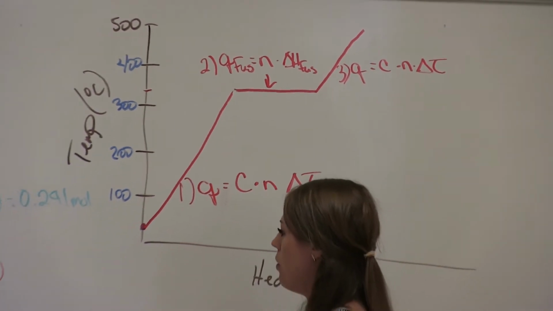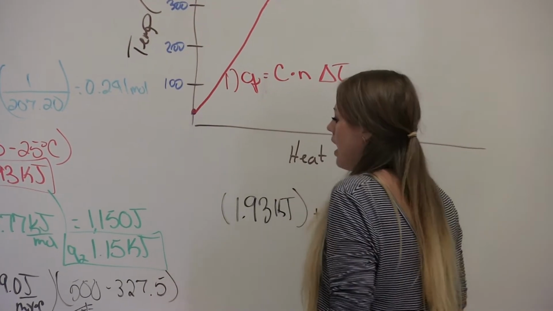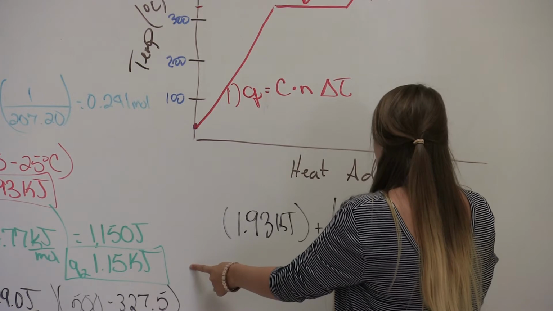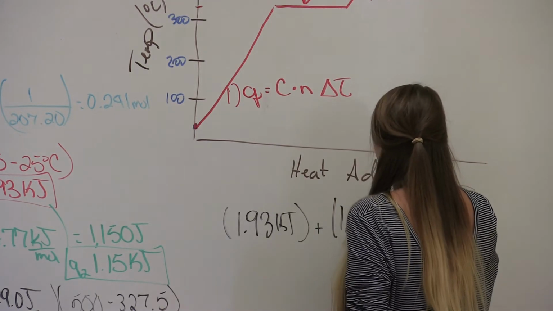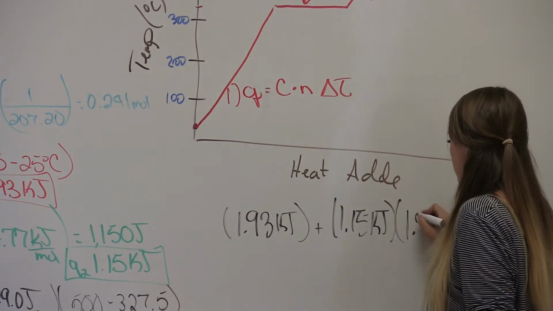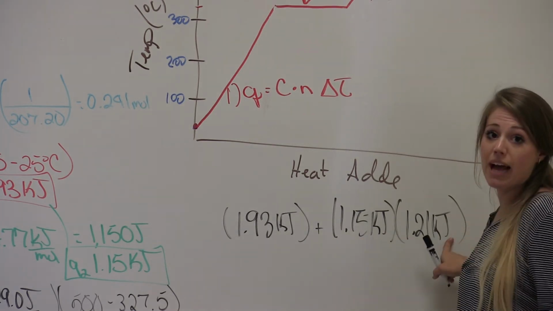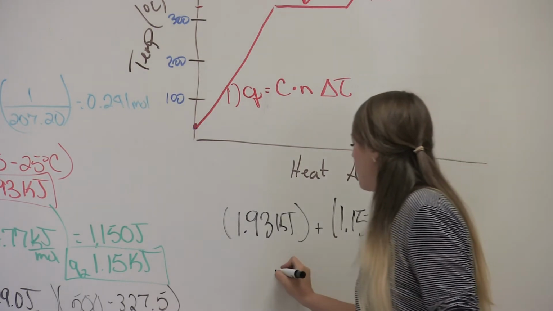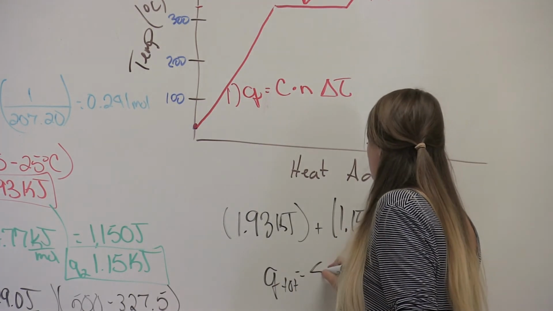So we're going to take our Q1, which is 1.93 kilojoules, and add it to our Q2, which is 1.15 kilojoules. And then we're going to add that to our Q3, which is 1.21 kilojoules. Okay, you need to make sure these units are all matching. It's very important when we're doing this. If we were to add all of this up, we would get that the Q total would be 4.29